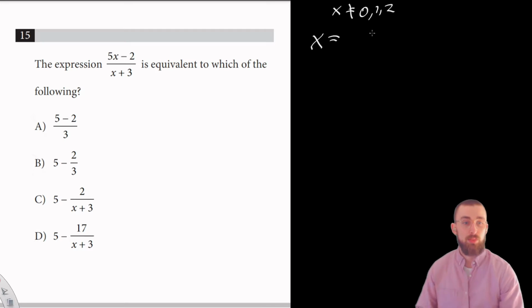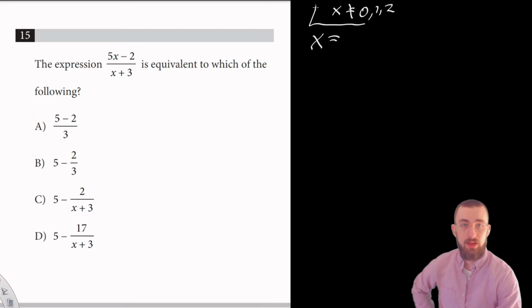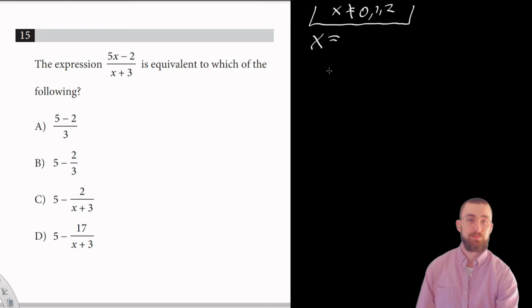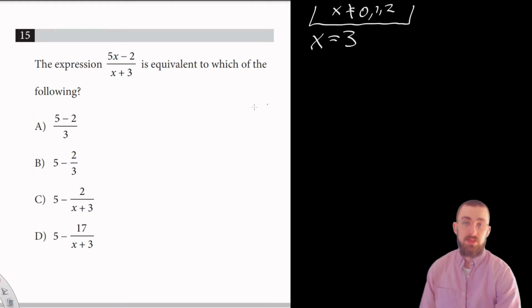This is a strategy that we'll use a lot, plugging in values like this. And just keep in mind, never use 0, 1, or 2. You can, however, use 3. So what I would do here is I'd plug x equals 3 into this equation, and I would get,